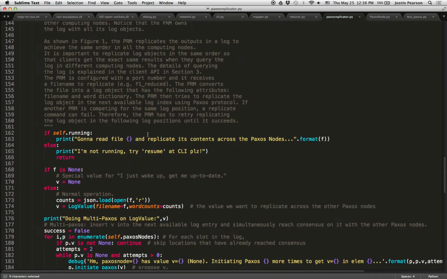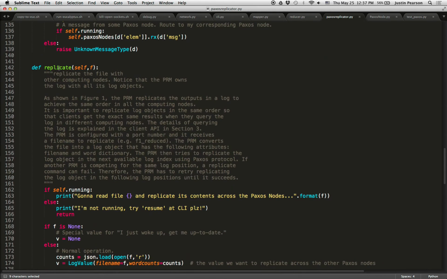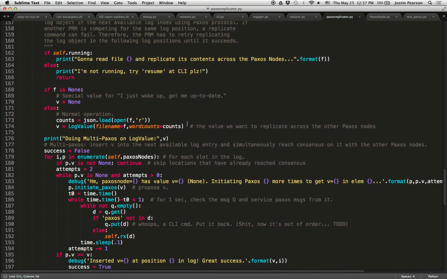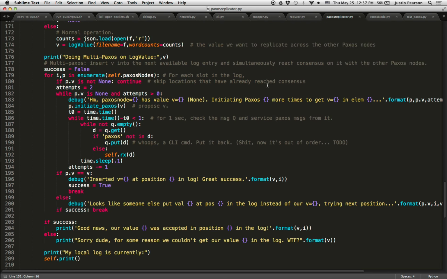Okay. So I will just very briefly go over what happens in the replicate method, which is kind of the most complicated method. The idea is this is the method that the CLI issues to the PRM that is supposed to kick off Paxos. Which Paxos node is it supposed to kick it off in? Well, it starts at 0. So for enumerating all the Paxos nodes, it's going to start at 0